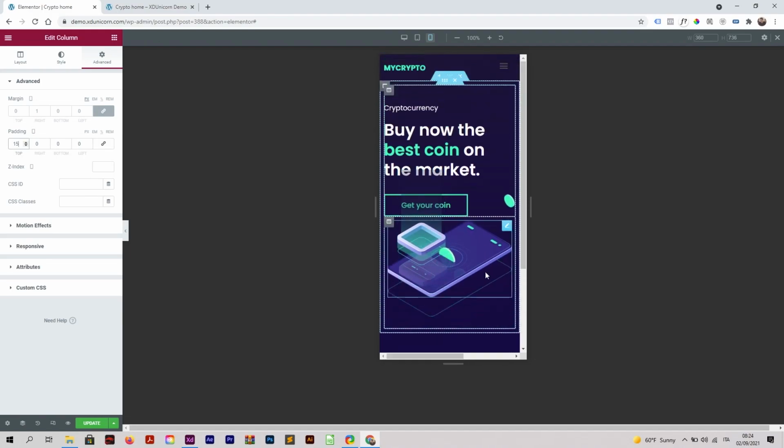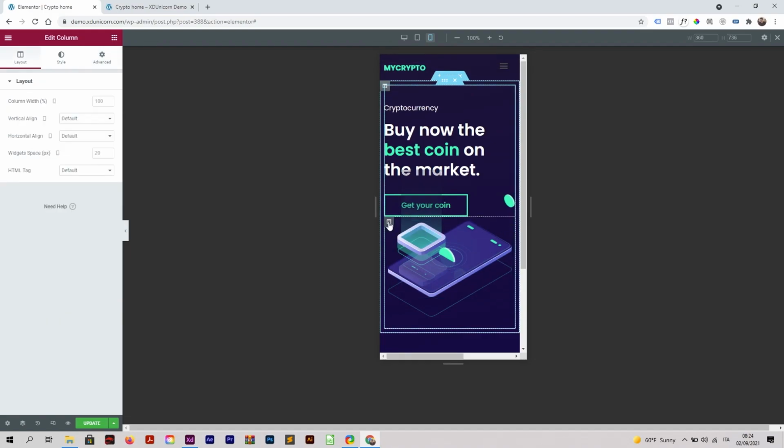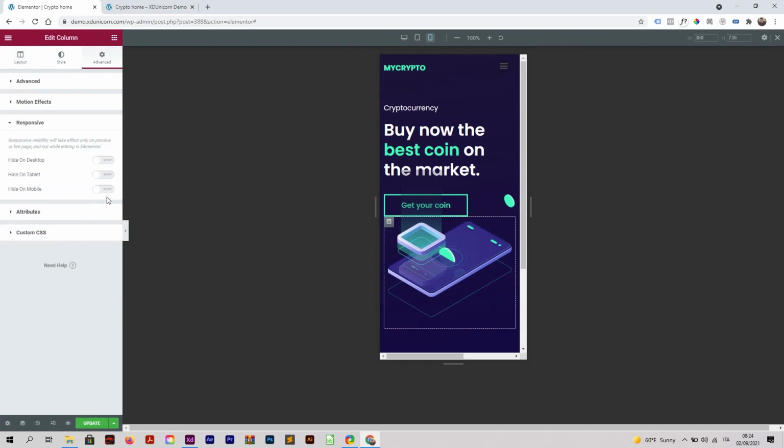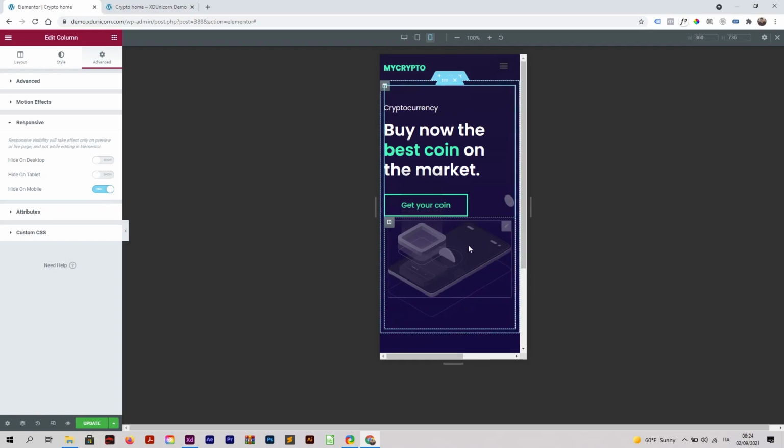And here I don't want to use this image this time, so my best solution is actually to click on this column, advanced, responsive, and hide it for mobile. So I want to hide this for mobile. I don't want to show all those elements on the mobile version because I don't want to move every piece and everything. If you have time you can do that, but instead I want to add a new image, and